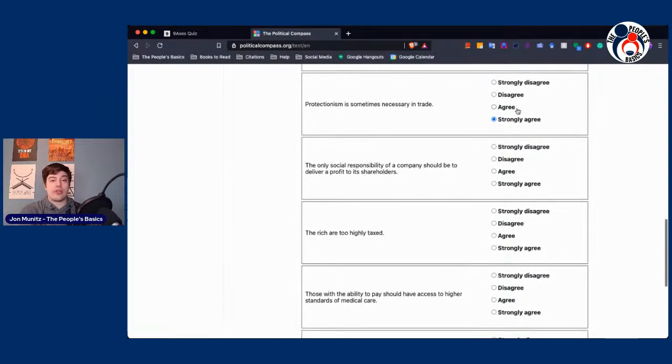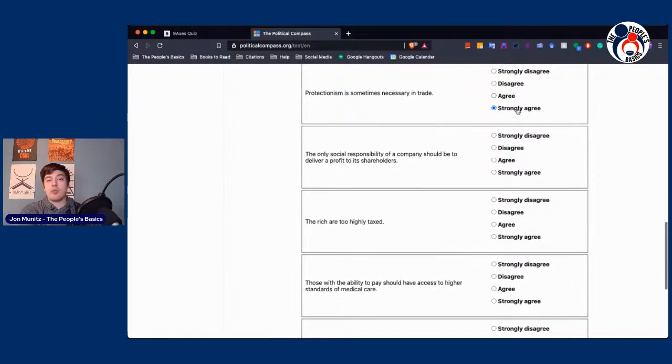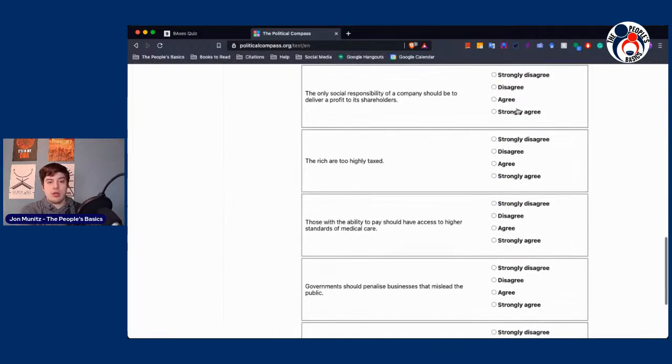Strongly agree. We talked about this already. It's sometimes necessary. We should hold certain standards before doing free trade with people. And after they've cleared those protectionism thresholds, we should then do free trade with them. So next, the only social